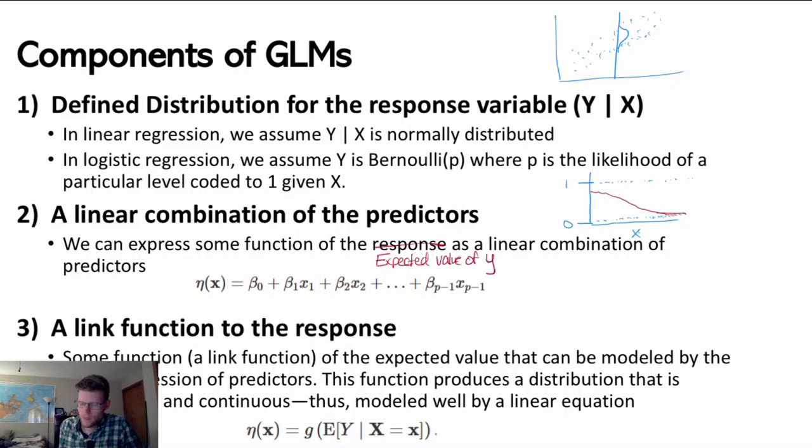We can express some function of the expected value of y as a linear combination of predictors. So if it is possible to do that, then I can still use properties of linear modeling in this context. Because we know when we're working with linear modeling, if we can make that expression, then we can use maximum likelihood estimates and the least squares method to fit a model and find the most appropriate parameter estimates to fit that model. So it's kind of nice if we can do that because we can use those methods